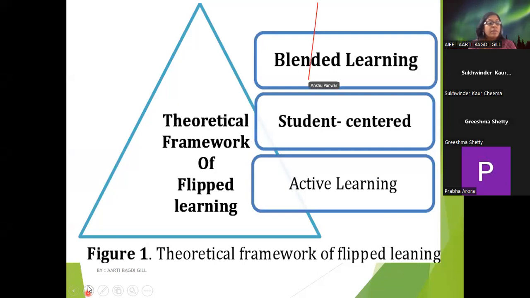Now here I can see a framework. If I say framework, what do you mean by that? All my sessions are collaborative. I always encourage everyone to contribute in the session. So what do you think? What is this framework? What is the meaning of this word framework? If I say theoretical framework,